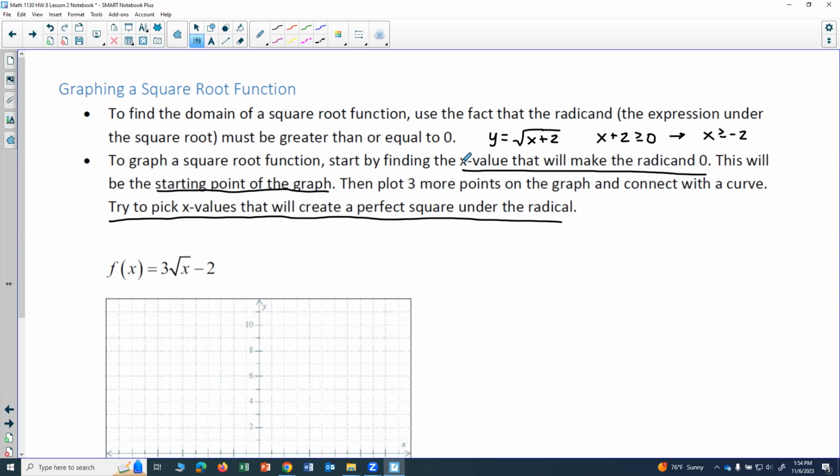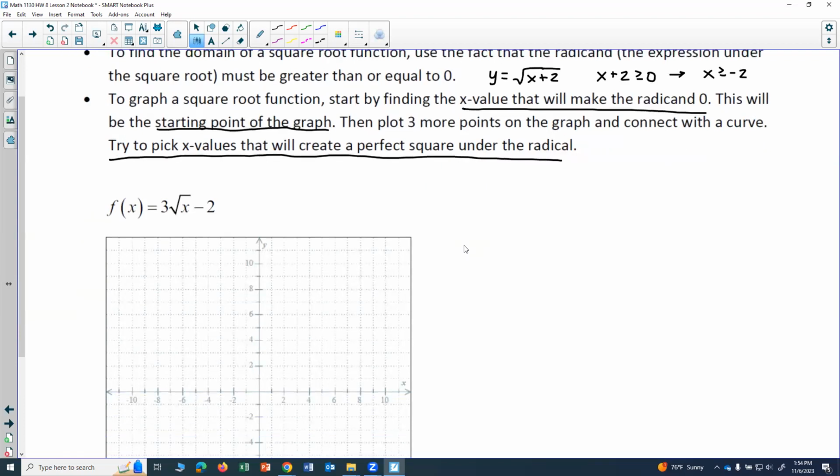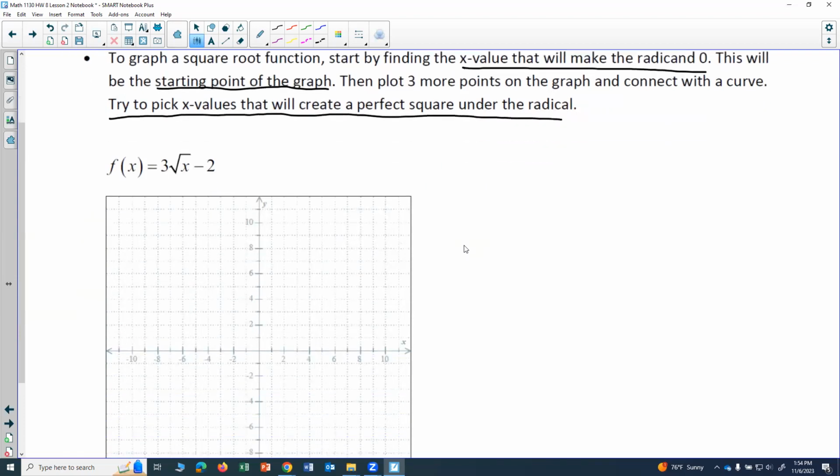So let's use this method and graph f of x equals 3 square root of x minus 2. So I want to go ahead and start by getting the starting point of my graph. The expression underneath the radical is just an x. And so for the starting point, I'm going to say x equals 0. And I have to figure out what the y value is based on my function. So my starting point